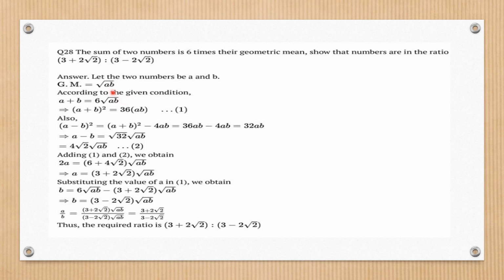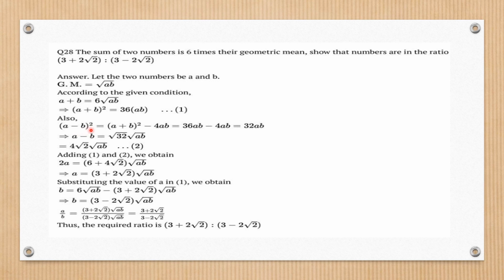Now similarly, this question can also be done by componendo and dividendo, and by the way we have used in the previous question. Now since componendo and dividendo is a very new concept to you, you have not started, so I'll better again start squaring both sides. So squaring both sides, what will I get? I'll get a plus b whole square equal to 36 times ab. Okay. Also, what is your a minus b whole square?